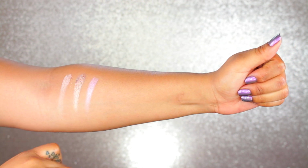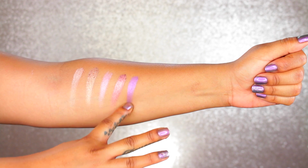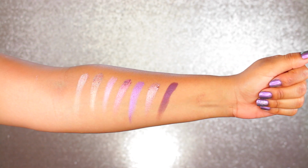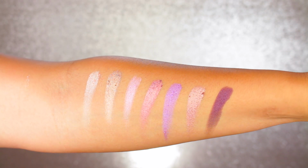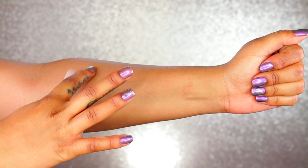Now swatching them from left to right, I'm going to the top row across. It's going to be Dreamer, Summer, Wild Child, Rose Gold, Celestial, Dazzling, and Drama. And here's an up close look at the 7 shimmer shades in the palette. So the next row is going to be Base, Soul,